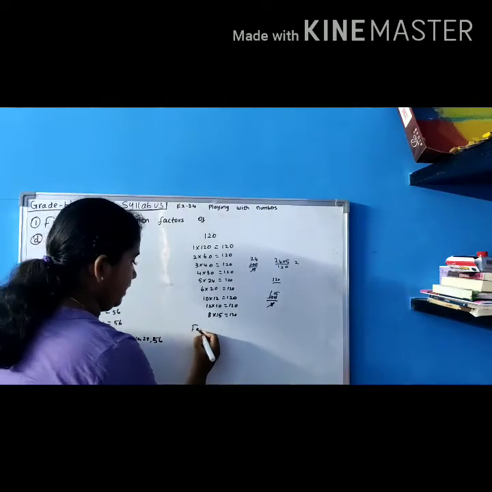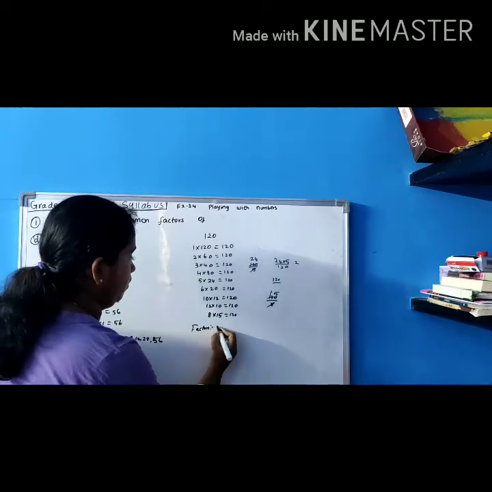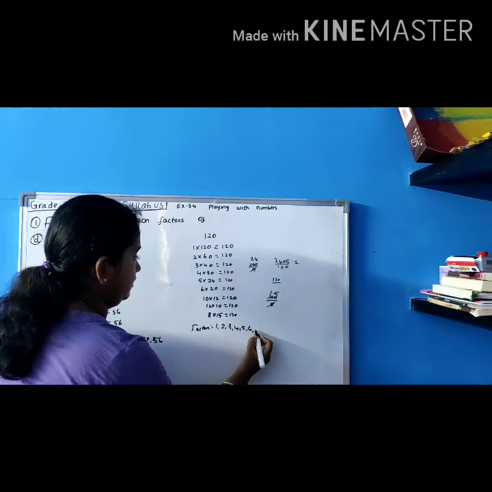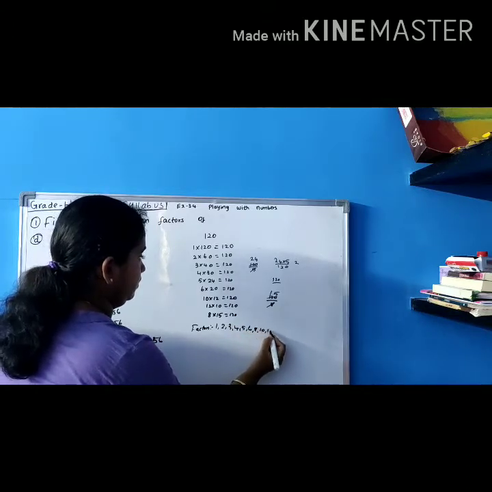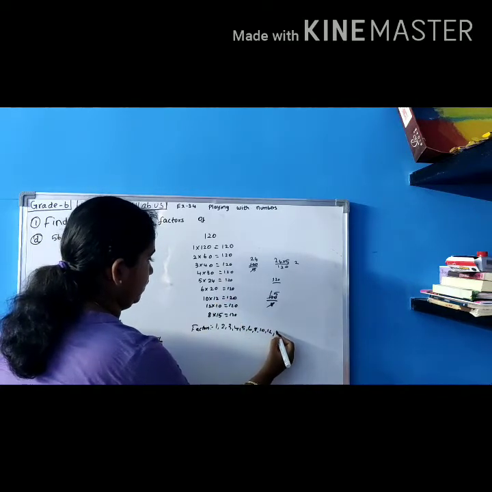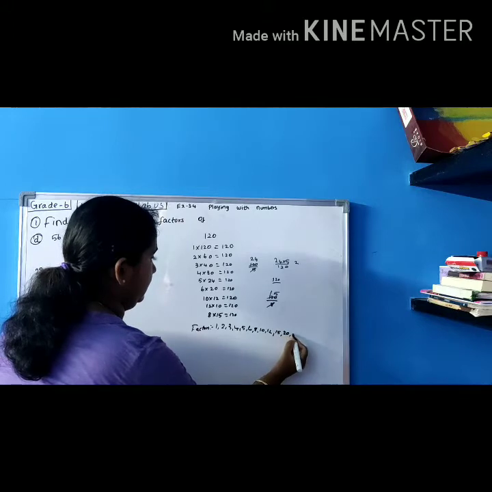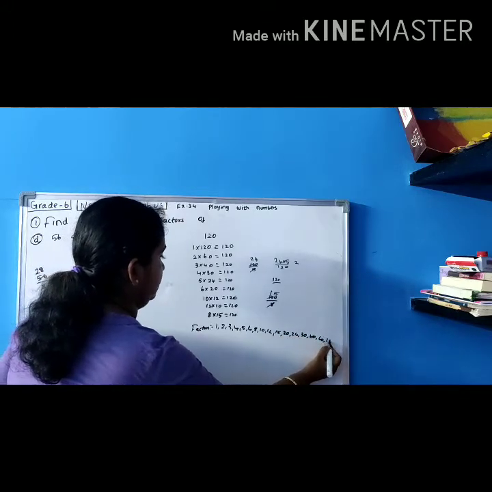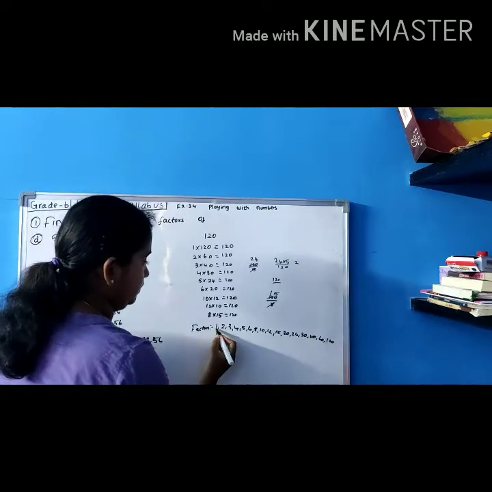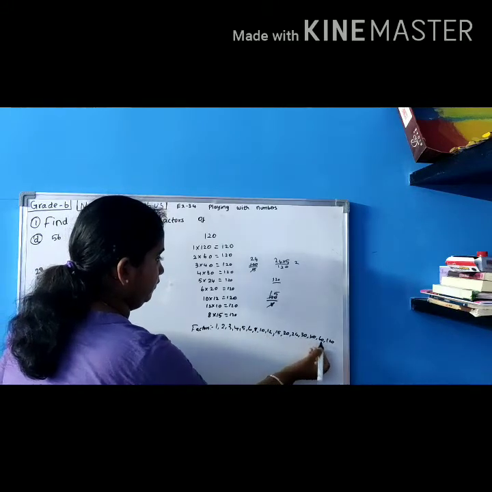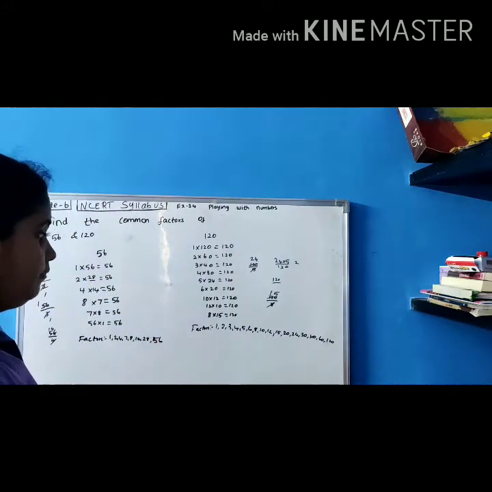Now factors, you always write in ascending order. That will be easy to see. 3, 4, 5, 6, 8, 10, 12. Then again go this way. 10, 12 I already wrote. 15, 20, 24, 30, 40, 60, 120. Just check there are 15 numbers. 1, 2, 3 up to 16 numbers coming. Okay, no problem. So these are the factors of 120.